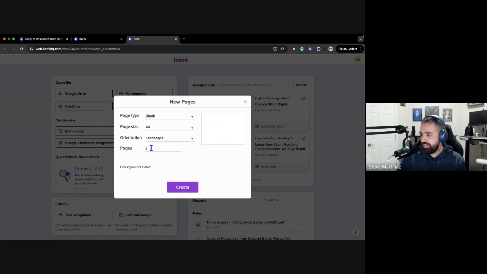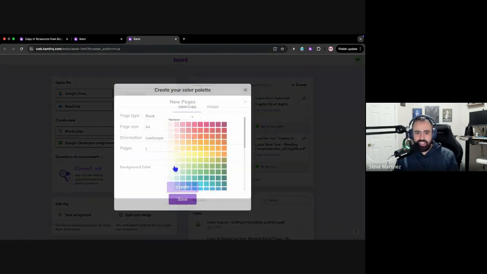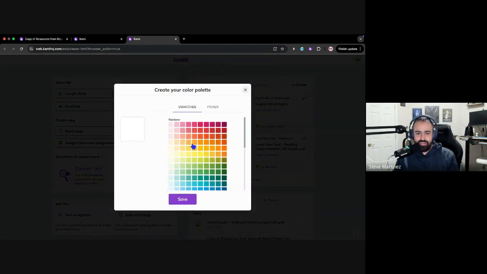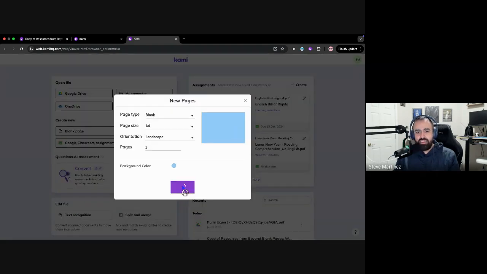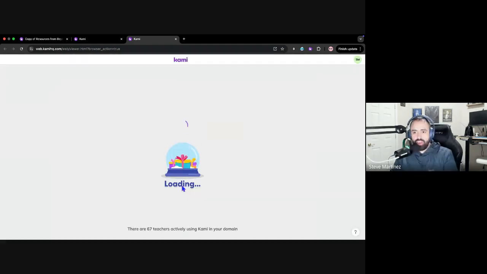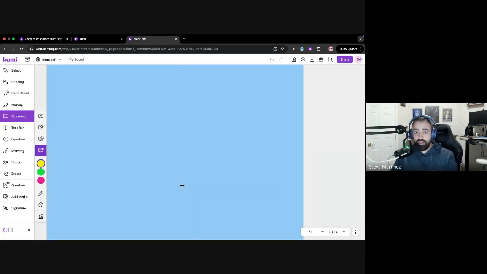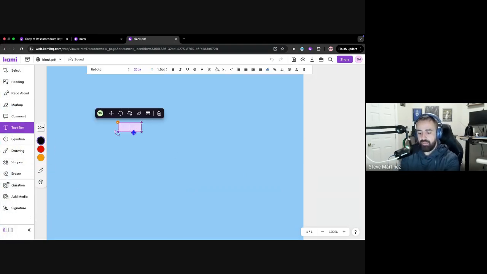How many do we have here? Oh yeah, should be enough space. Maybe change the color. What would be cute? I don't know what would be cute. Maybe this blue. Okay. So I'm going to hit create. If you don't know now, you know that Kami is a great collaborative tool, right? And so we're going to get on this digital whiteboard here. And so what I would like to hear is,